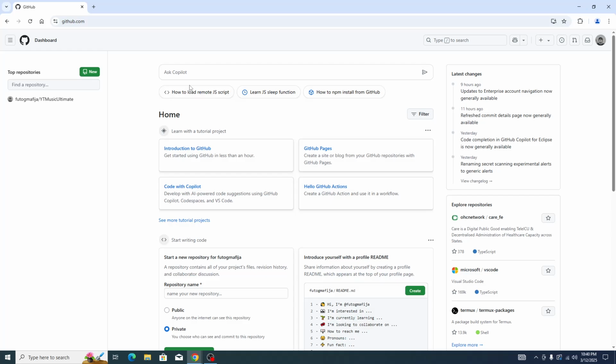So first things first, we're going to be opening up the official GitHub website right here, github.com. Once you open it up, you'll be greeted by the main page. So what we want to do in the main page, in the upper right corner, we're going to have the login button. If you do not already have an account, you can use the sign up button to create an